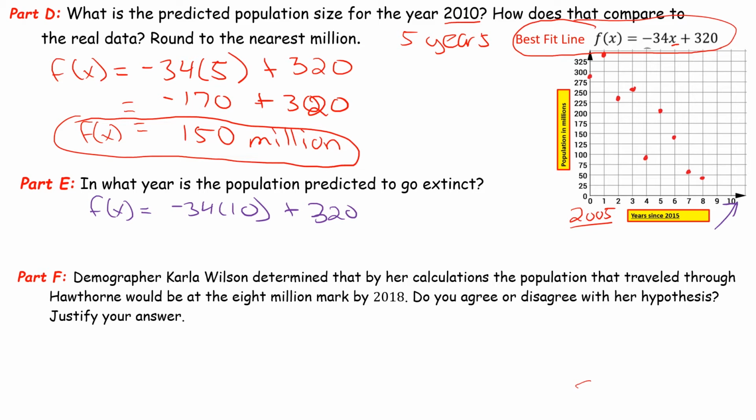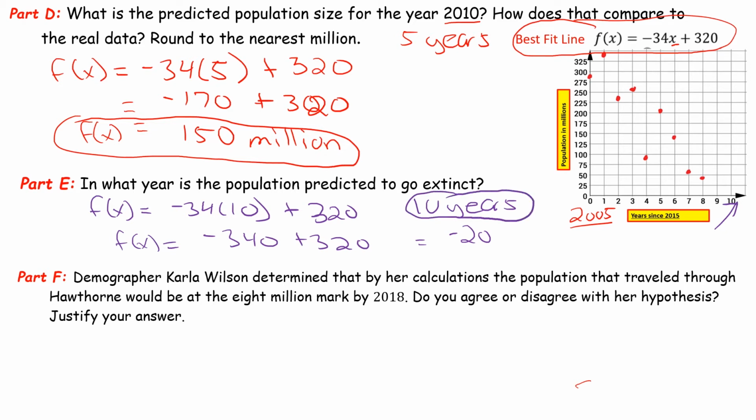So of course that would be negative 340 plus 320. So we're going to get a negative number, so I'm going to say after about 10 years, because if you plug in 10, you're going to end up with a negative number, so can't have a negative population there,